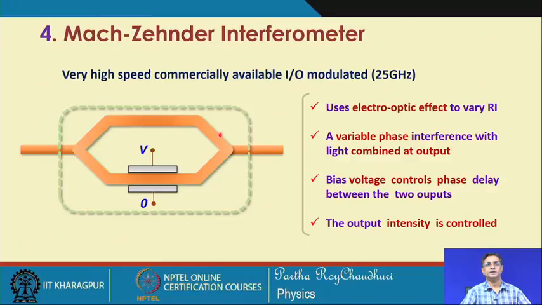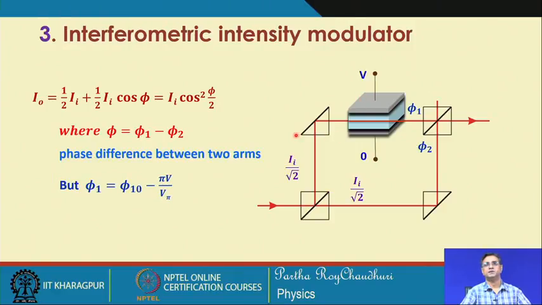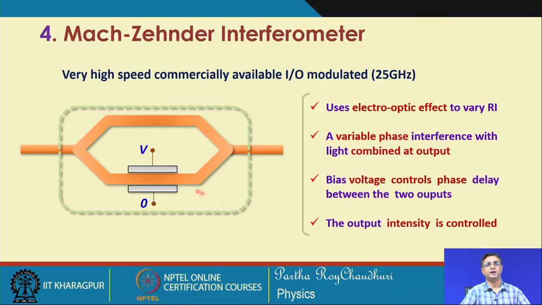Then this is also a Mach-Zehnder setup, where you have a beam optical path which is split into two parts, and then again they are combined into one signal, and in between, one of the arms is mounted with this electro-optic modulator, and when you apply the external field, it works in the same way as discussed in the free space intensity modulation scheme. It works in exactly the same way, and so by applying this bias one can modulate the refractive index, and as a result, get a variable phase interference pattern.